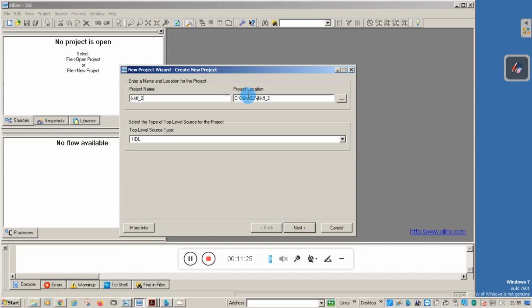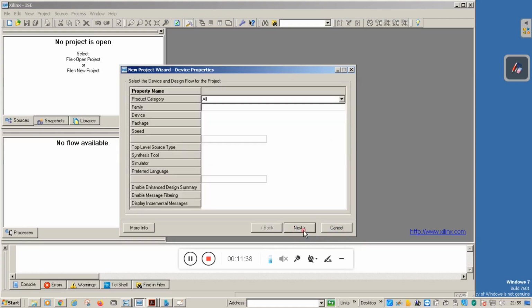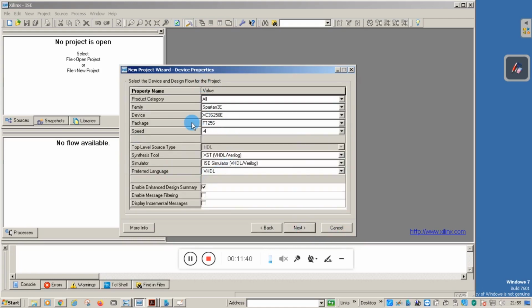This is the project location. If you want to change the directory of the project, you can change it by navigating the directory structure. After that, click on Next. These settings are related to the hardware device.